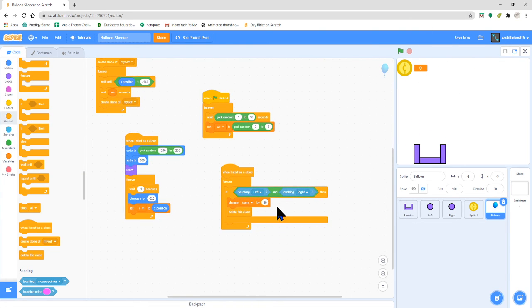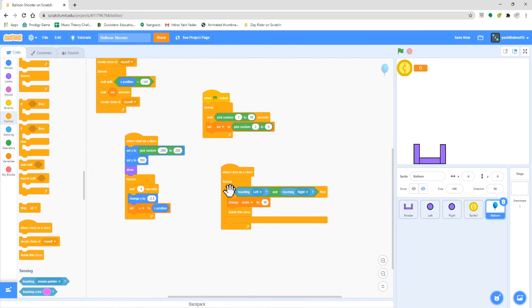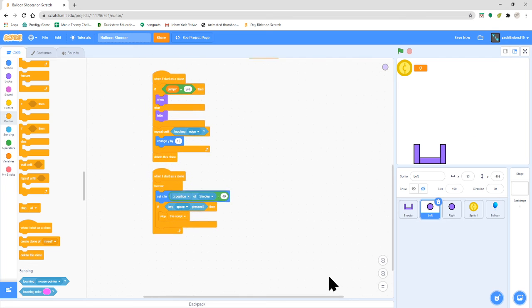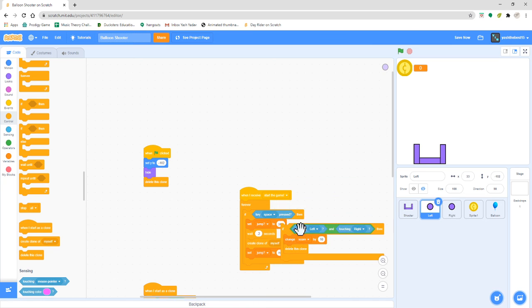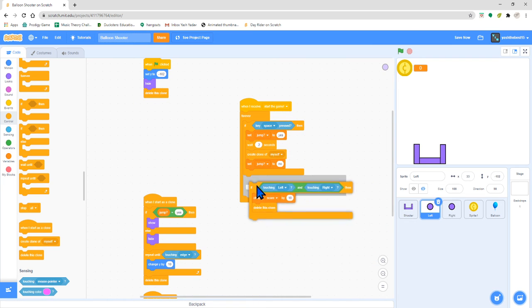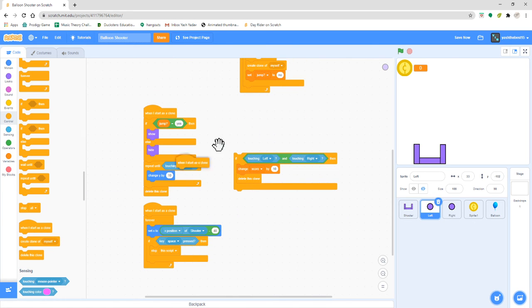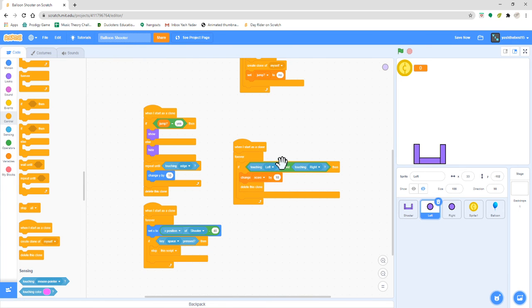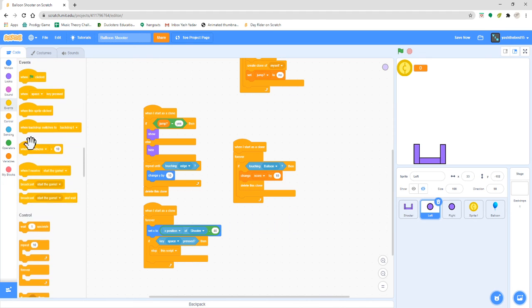Let's just instead do it from our thing. So set if touching level right here. Okay, so this is actually supposed to be in the clones. So when I start as clone forever, let's add this here and then delete this. So if touching balloon, I'm also gonna broadcast delete,